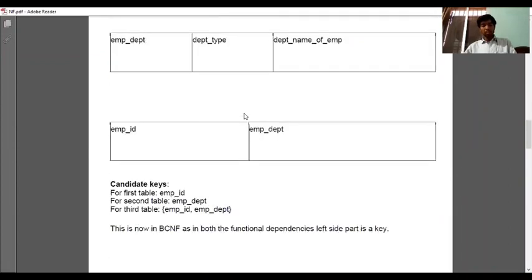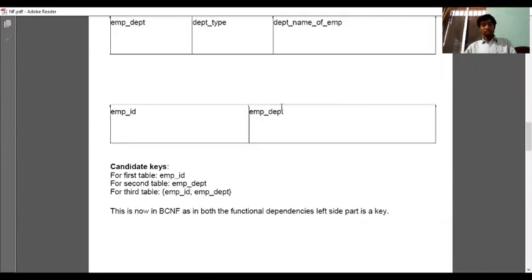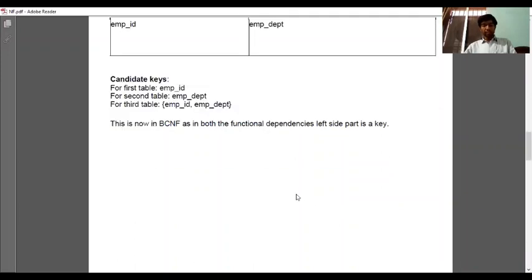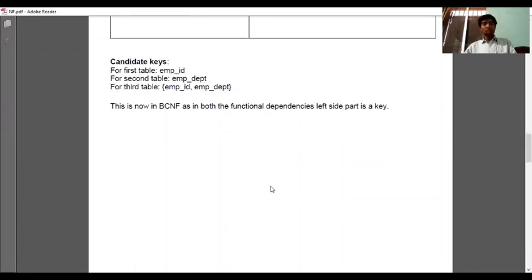So in the third table, both columns together form the candidate key. This is now in BCNF, as in both functional dependencies, the left side part is a key. So these are the concepts of BCNF.